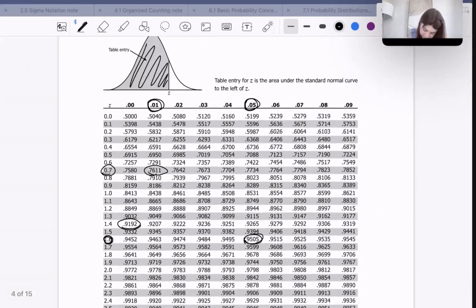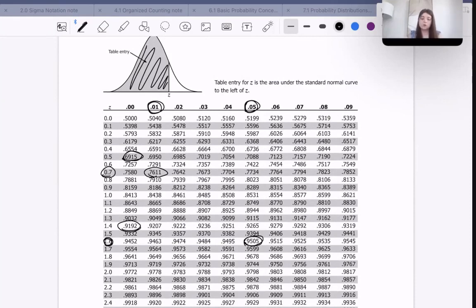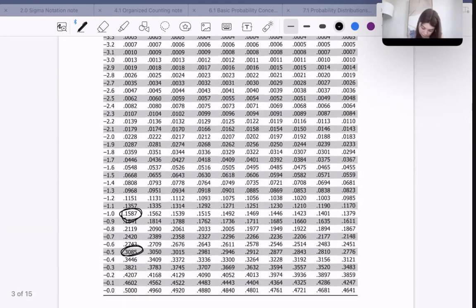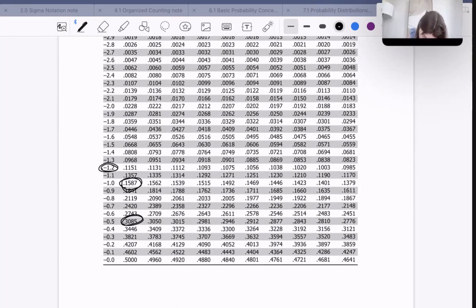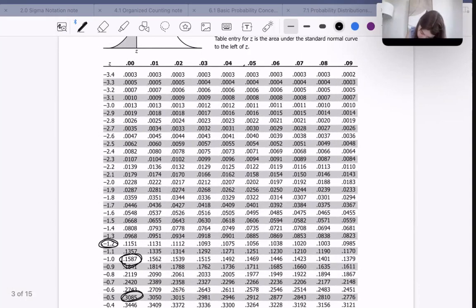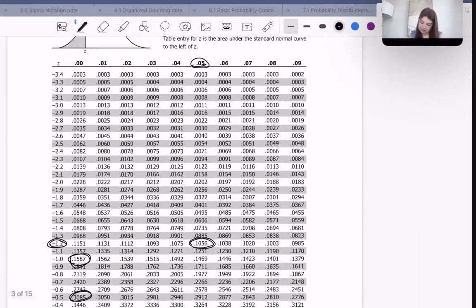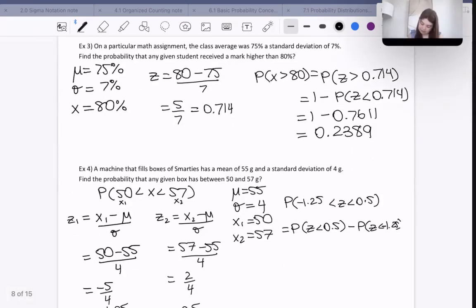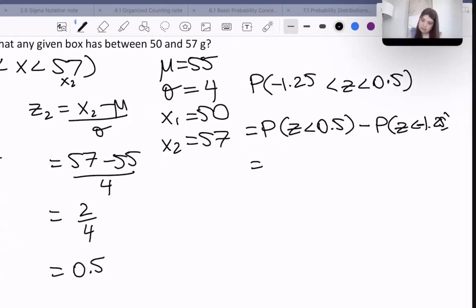The first one was 0.5, so that's going to be associated with 0.6915. And the second one was negative 1.25. So negative 1.2 is here. And then 5 is over here. So it's going to be that one right there, 0.1056. So now let's go plug those values in now that we found them. So that's going to be 0.6915 minus